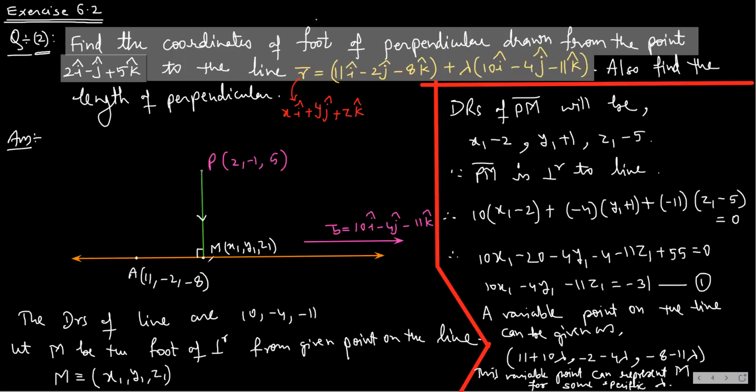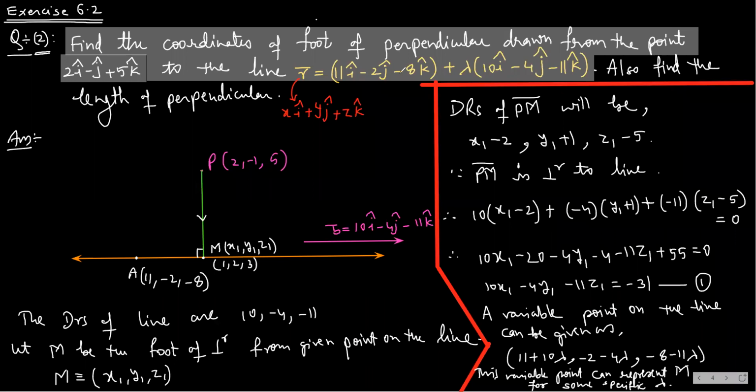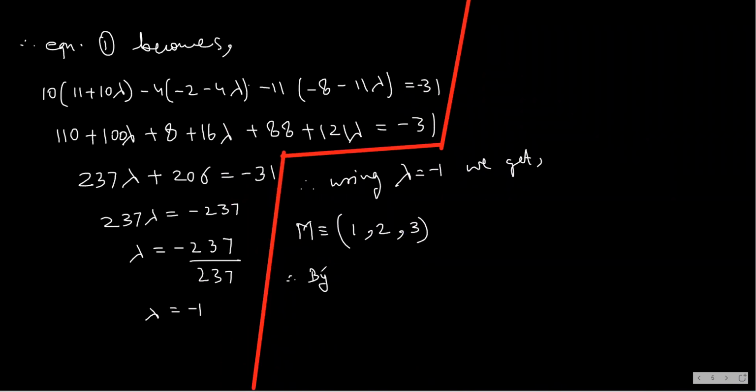Now, once you got the coordinates of m, which are 1, comma 2, comma 3, we will use the distance formula to get the length of pm. I will apply, therefore, pm. Therefore, by distance formula, that's what they want. What was the second part of the question? The second part of the question was also find the length of perpendicular. So I will write, therefore, by distance formula,